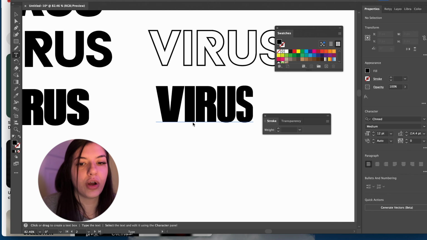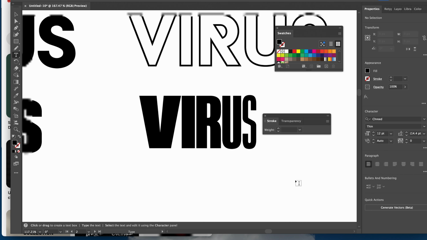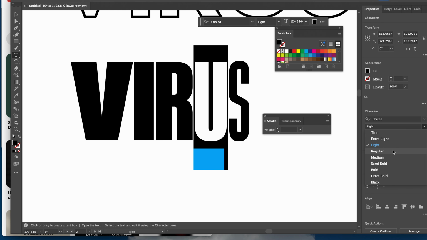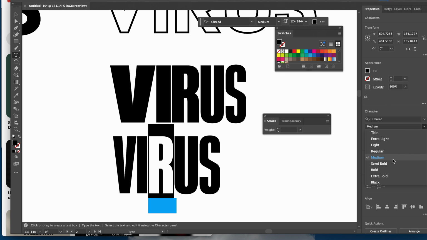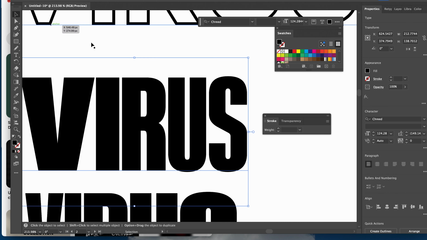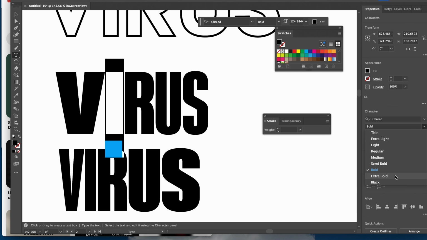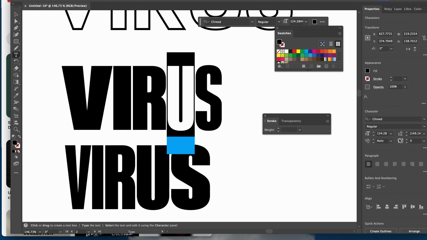So I think I'm going to go from thick to thin. Here I just started playing around with the weight variation across the letters. One version goes from thick to thin and the other goes from thin to thick. This was all truly inspired by Paula Scher's approach to contrast and rhythm. In the end, I actually like the one that went from thick to thin. I think it just gives a more dynamic feel and also gave the logo a bold to sleek progression that fits the energy of the brand.